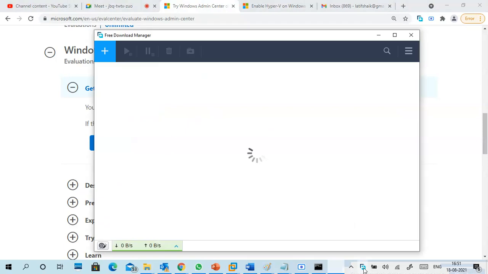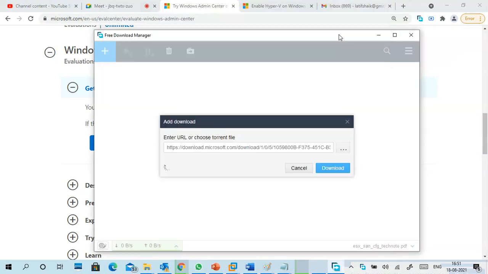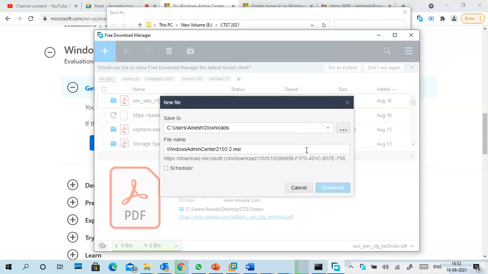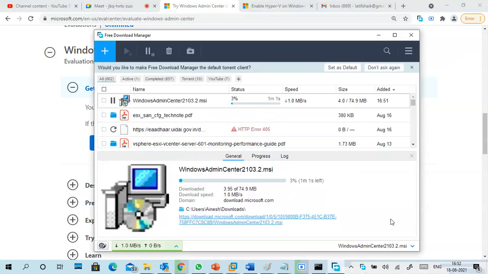I click on download. It is taking time to pop up. Download. Cancel this one.